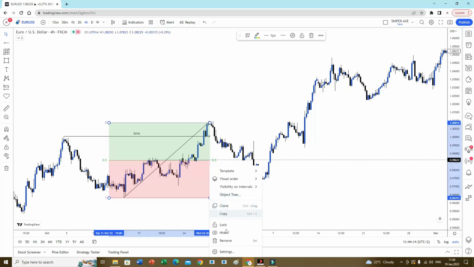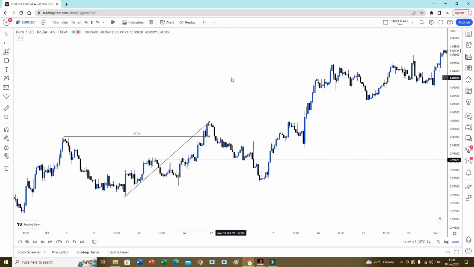I can remove these two. So I'm going to consider POIs that come below this 50% mark. You also have to look at concepts like trendline liquidity. For example, this was trendline liquidity. It tells us that we're going to trade